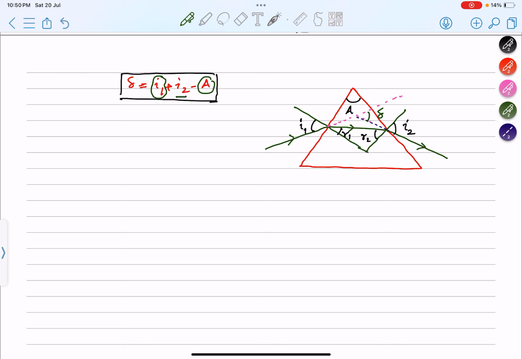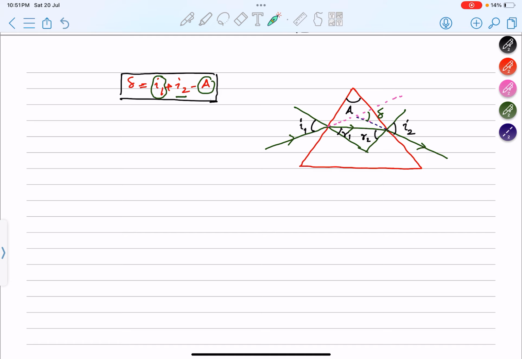So if we perform an experiment where, keeping the incident ray fixed, you move the prism like this, I1 is supposed to change. Without changing the incident ray, we shift the position of the prism and take experimental data